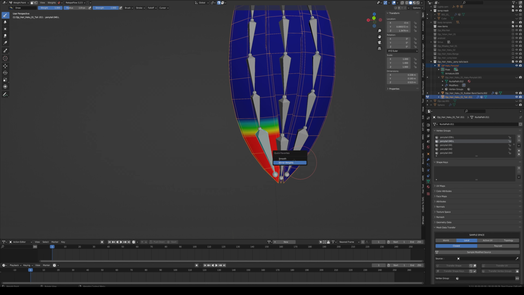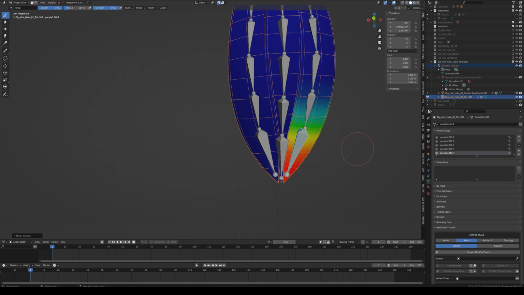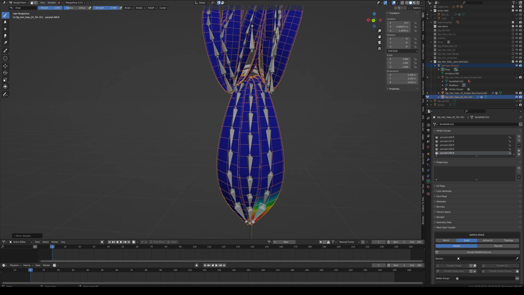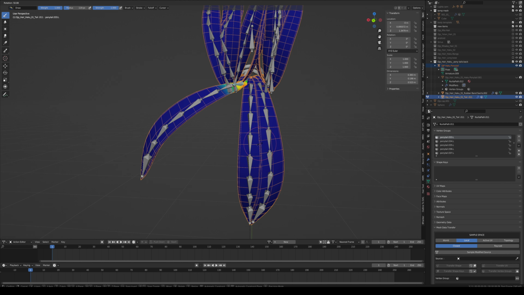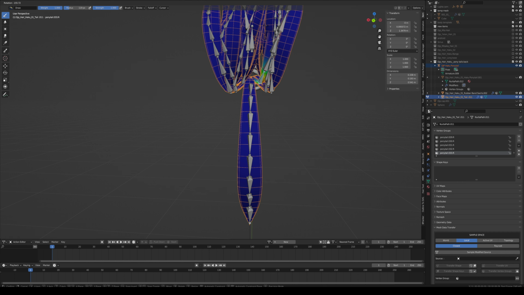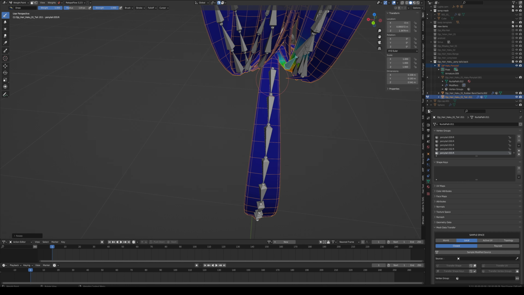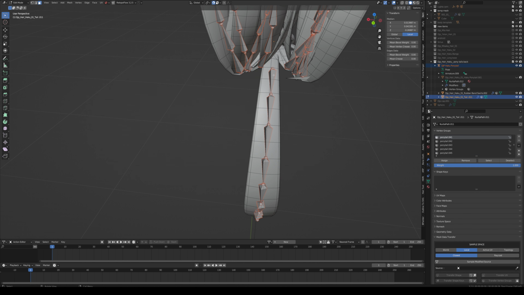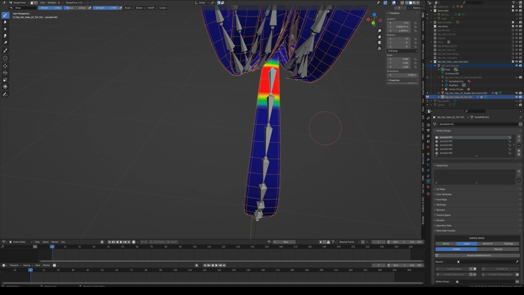Sign, smooth, weight transfer. Let's see if everything worked. That one looks good, and that one looks good. Final strand. Those 2, sign,